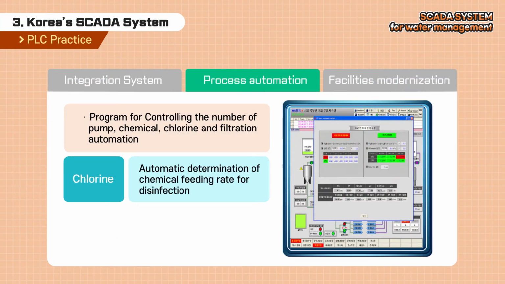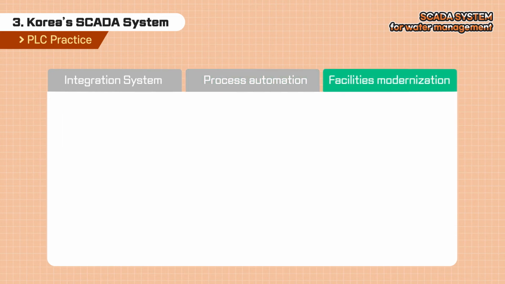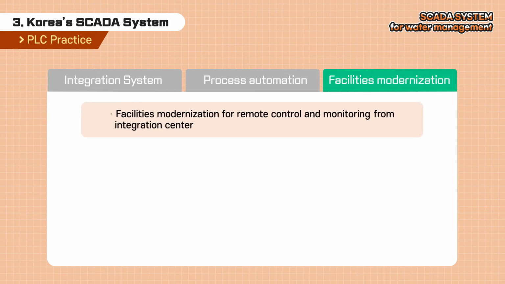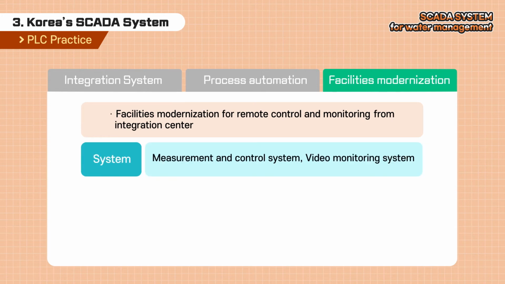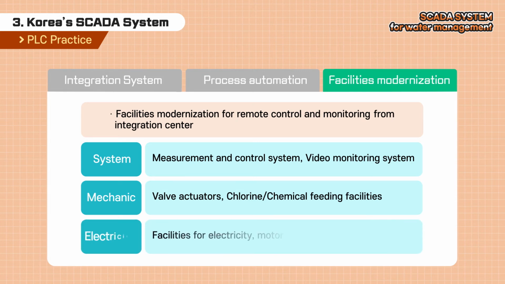For chlorine, it refers to the automatic determination of the chemical feeding rate based on the level of residual chlorine, and for filtration, automation of backwash and filtration. Facilities modernization is the improvement of related automation facilities and systems to efficiently provide the remote control and monitoring functions of the Integrated Operations Center. Systems include a remote monitoring and control system and a video monitoring and control system. Mechanics include valve actuators and chlorine chemical feeding automation systems, and facilities for electricity and motors are included in the